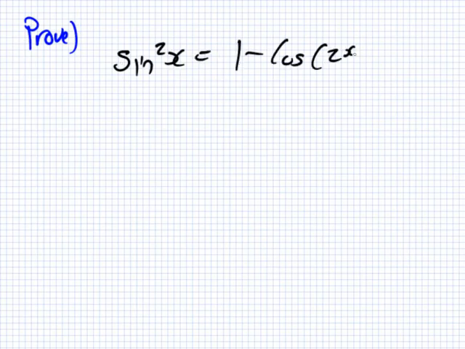Right, so let's say we want to prove something like, sine squared x equals 1 minus cos 2x over 2. So, if I want to try and prove that this is true for all values of x, what should I do? Left, right, both? And the answer is